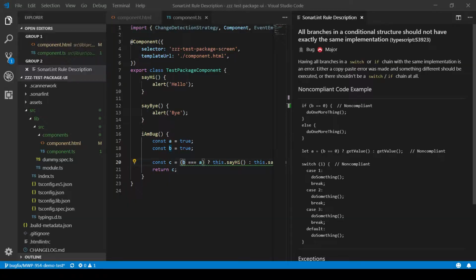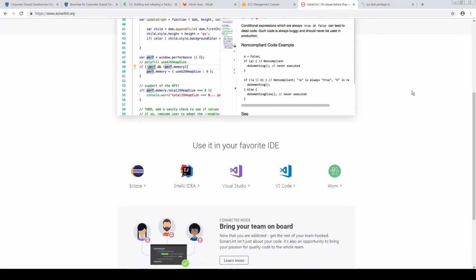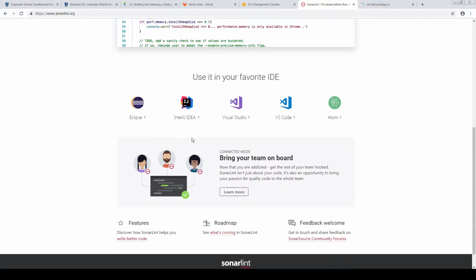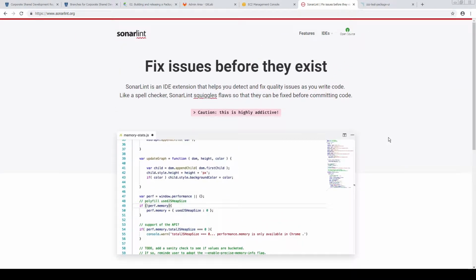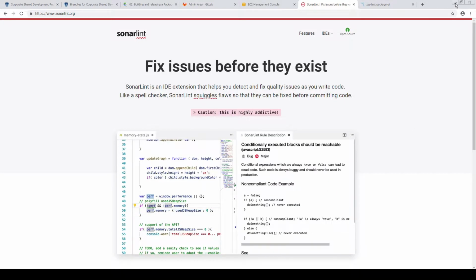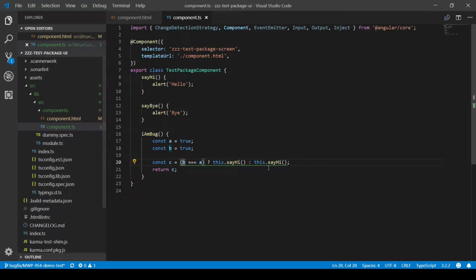SonarLint is currently available for multiple IDEs and truly helps to commit less bugs. So you can see here that it's available for Eclipse, IntelliJ, Visual Studio, VS Code, and Atom. And even though the rules are not the same for all of the editors, so for IntelliJ, it's mostly Java and TypeScript, and for VS Code, it's mostly TypeScript and JavaScript, it truly is useful to use this connected quality gate. Okay, now that we know a little bit more about the linting editors that we have in place,